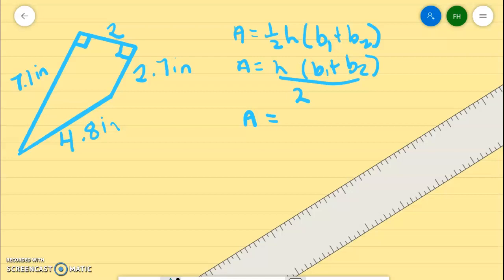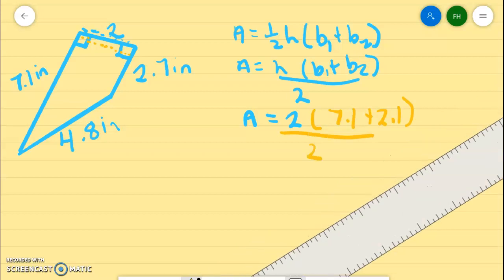So your height joins your bases and makes a right angle. So your height is the 2, because it is measuring how far it is from one base to the other base, and it makes the right angle. So your bases are 7.1 plus 2.1, so that would be 9.8 times 2 is 19.6 divided by 2 would be 9.8